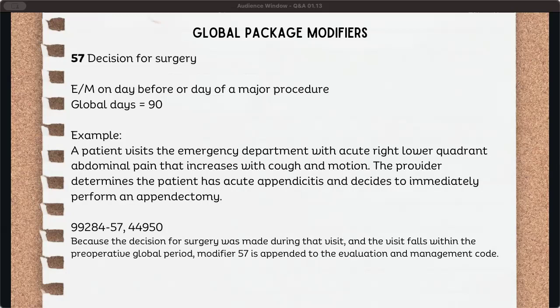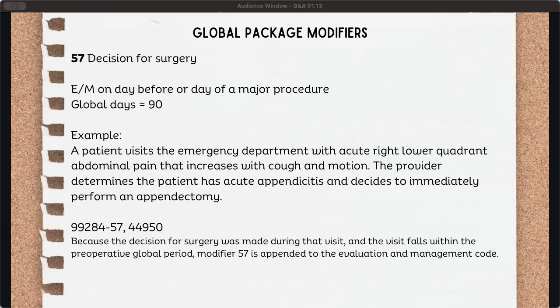So in that instance, we are able to append our modifier 57 to our evaluation and management code to say, hey, we know that this appendectomy technically has a 90-day global period. However, this was not a scheduled procedure. It was not planned. The patient didn't decide, hey, on January 27th, I'm going to go in and have an appendectomy. I'm going to decide that my appendix is going to be completely inflamed and I want to have this major procedure done. So they are going to be able to say that we had to